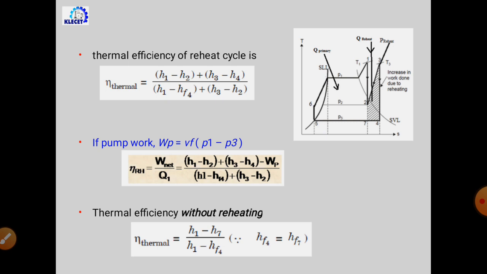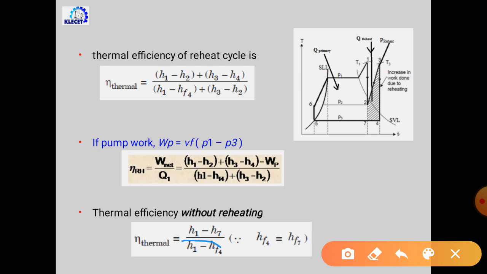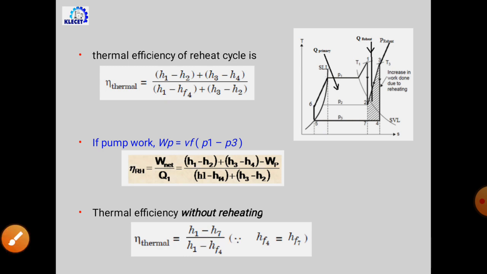So here just observe the denominator, this is H1 minus HF4 only. Why? Because